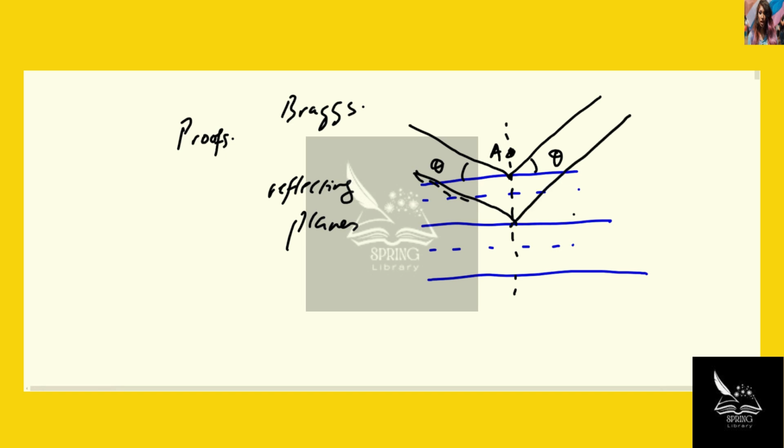The gap between these two, you can call it d over 2, and the entire gap going all the way down is d. This is C, and this is D, and this is B. This is just diagrams of reflection of light. And so the wavelength is lambda, and our goal in the problem